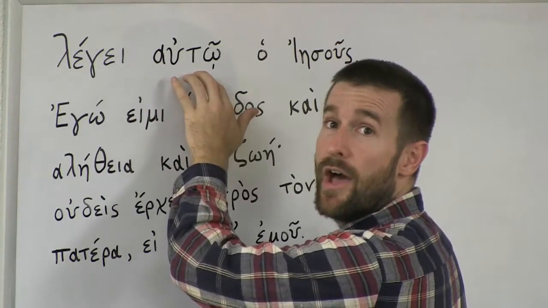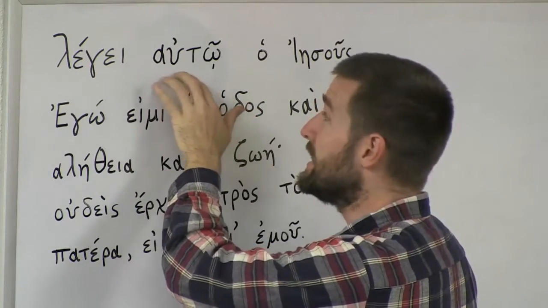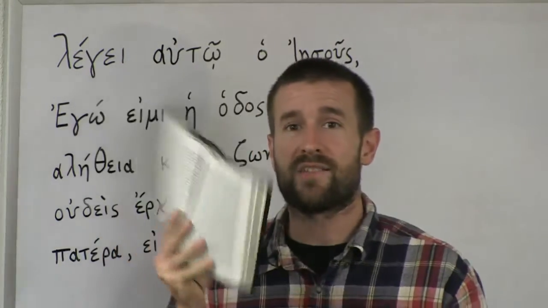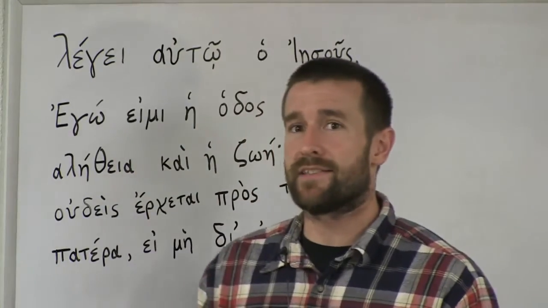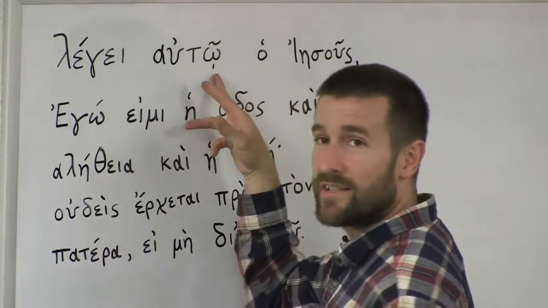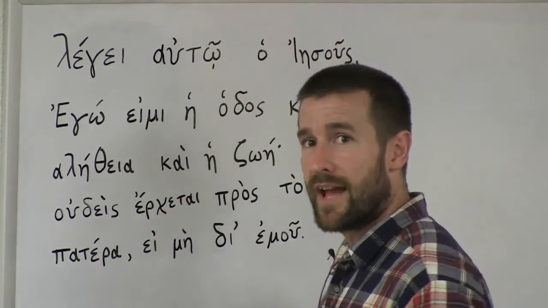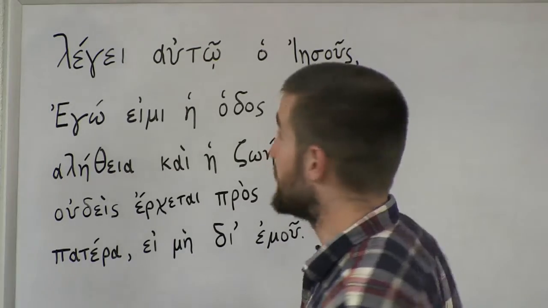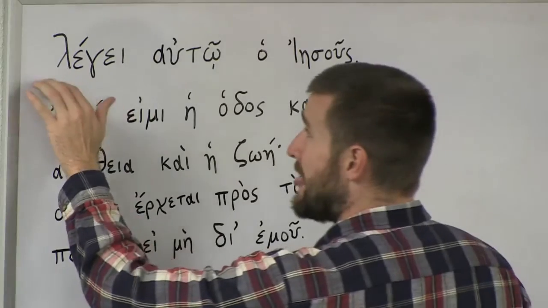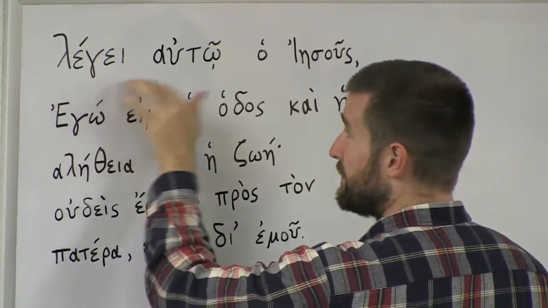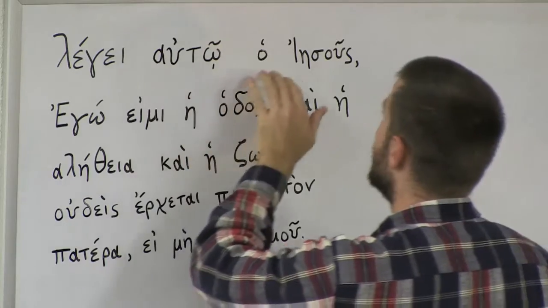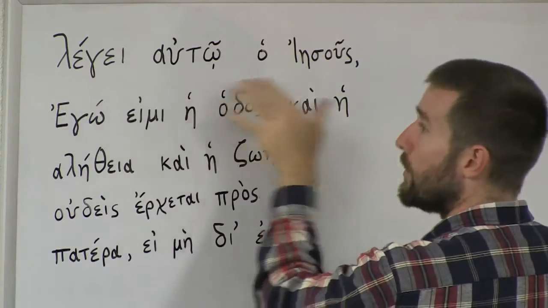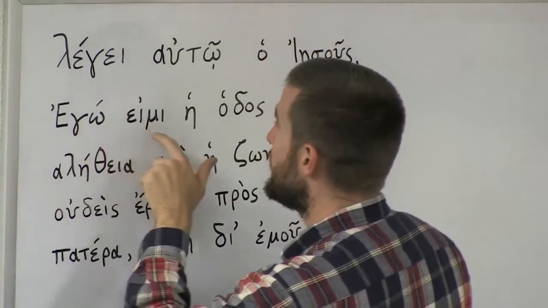Αυτό here means to him or unto him. It's an indirect object, so it's in that dative case. And I'm just saying that when you're reading a Greek New Testament, it's pretty easy to spot the dative case in nouns and pronouns because when you see that iota subscript, it's kind of a telltale sign there for the dative case or the indirect object or the object of certain prepositions is also in dative. So we've got legi αυτό, saith unto him, to him, dative case, Jesus, ο Ιησούς. Okay, so legi αυτό ο Ιησούς, εγώ είμαι Iodos.